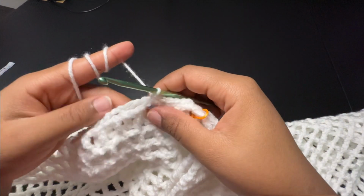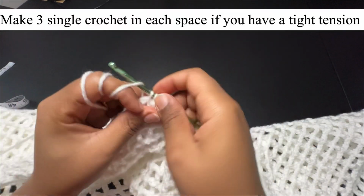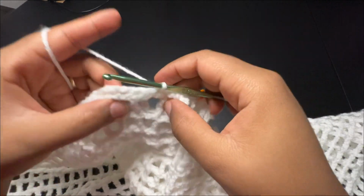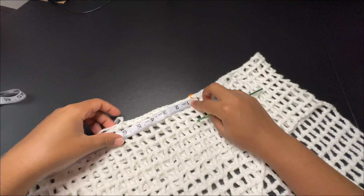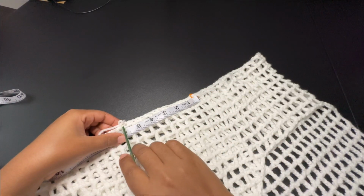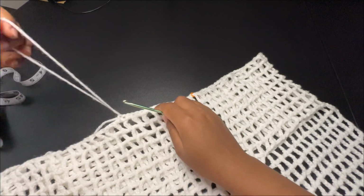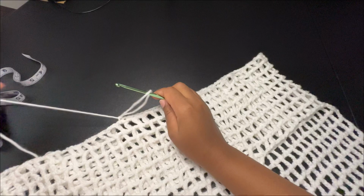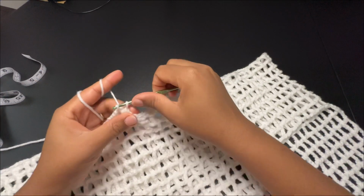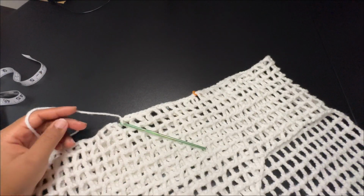So basically I'm making 2 single crochets in every space until I join about 6 or 7 inches. So here we are. I have joined from the stitch marker and joined 6 inches, as you can see. And to complete this, I'm going to make a slip stitch in that same space, chain 1, get my scissors